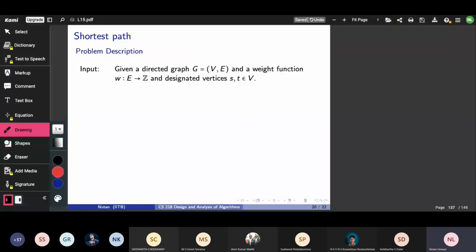So should I move on to telling you about another problem that we will be looking at, which is the shortest path problem. And you might say that I have already seen this problem in my data structures course. Dijkstra's algorithm is applicable. But notice a small difference here. Here the weights are allowed to be negative.